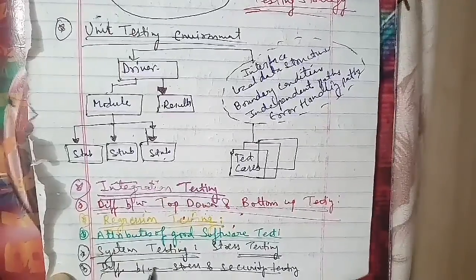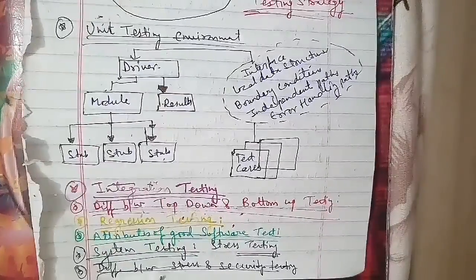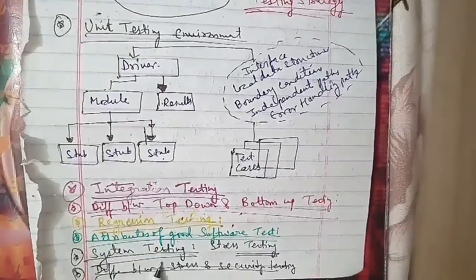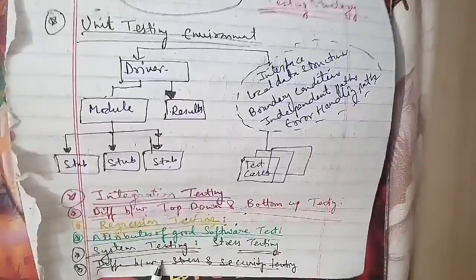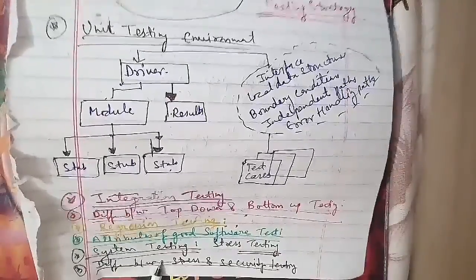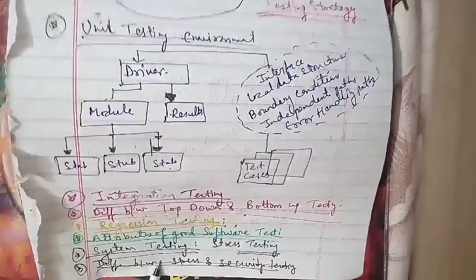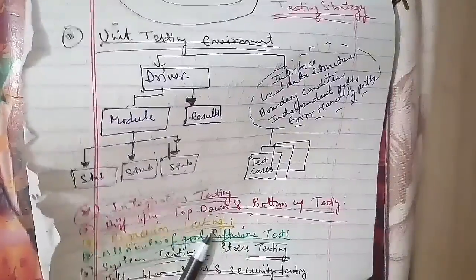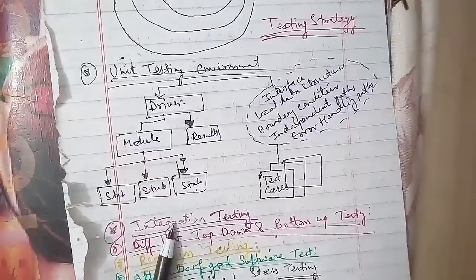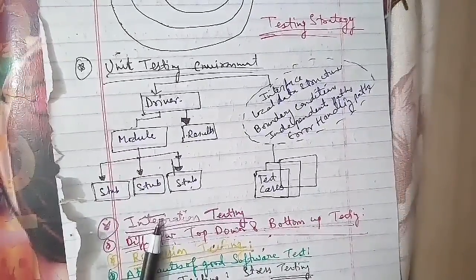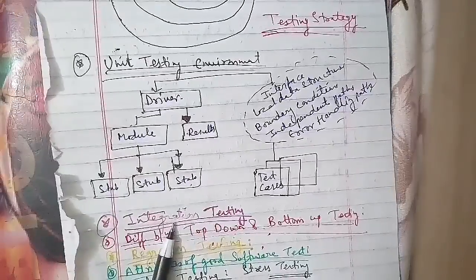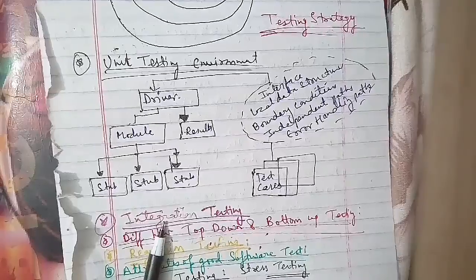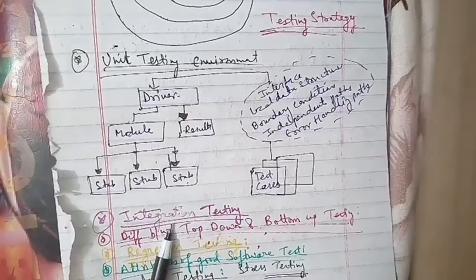Another difference, between stress and security, and the difference between top down and bottom up, as I told you, we had discussed here. On the same lines, we will be discussing more about the difference between stress and security testing. Under stress testing, the various activities, as I told you, overload the existing resources with excess jobs in an attempt to break the system down, while security testing verifies that the protection mechanism built into the system prevents intrusion such as unauthorized internal or external access.